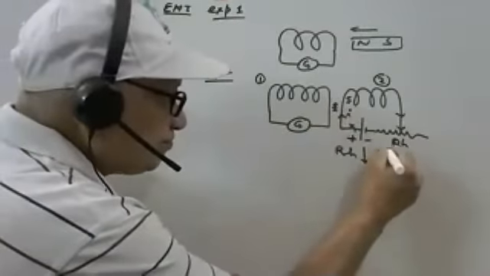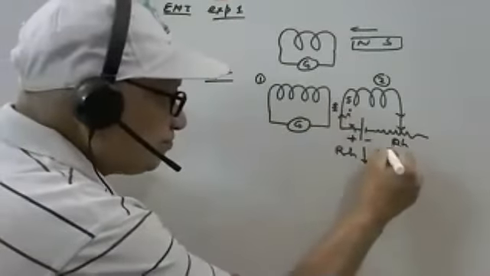Whenever there is an increase in the current, this south pole in coil 2, let me say S2, becomes stronger, and here whatever pole develops we say N1 or S1. So the south pole is becoming stronger, so more and more flux will be linking with solenoid 1. It means as per Lenz's law, it opposes